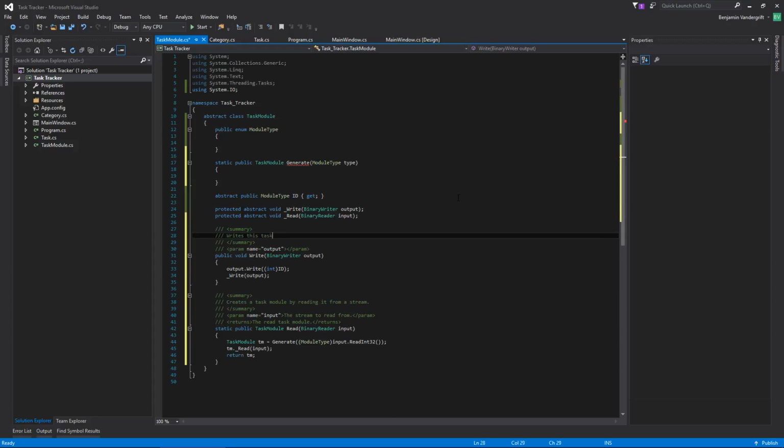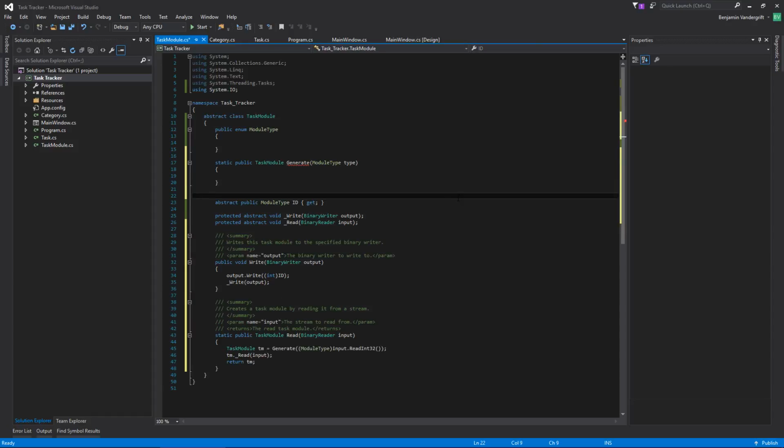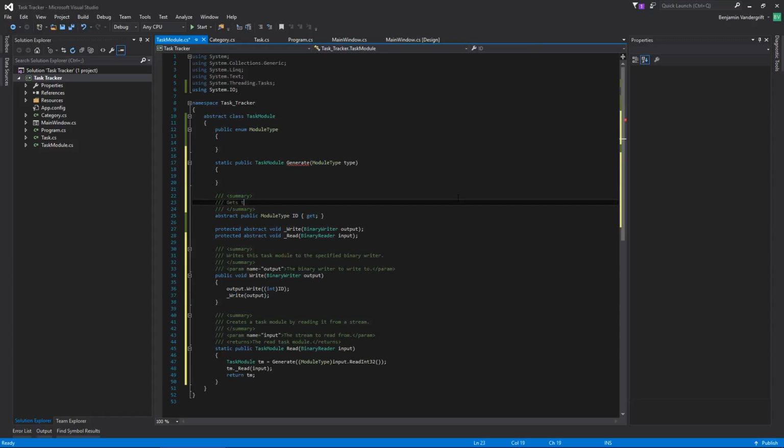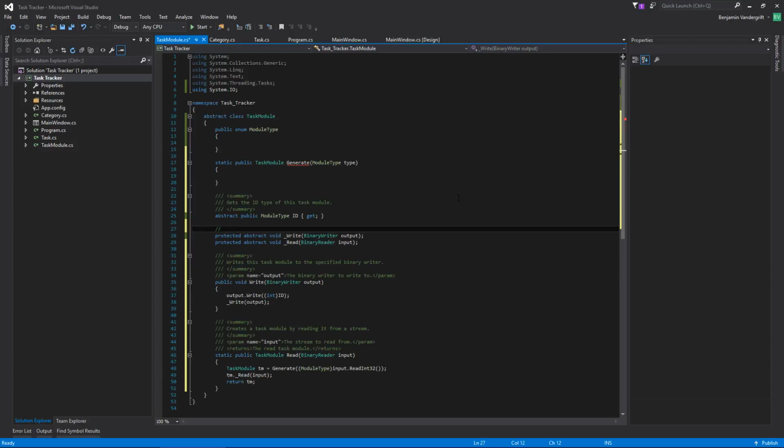Writes this task module to the specified binary writer. The binary writer to write to. Hooray! It does what it says on the tin. Gets the ID type of this task module. So these right here, these are protected, used in reading and writing. So this is,